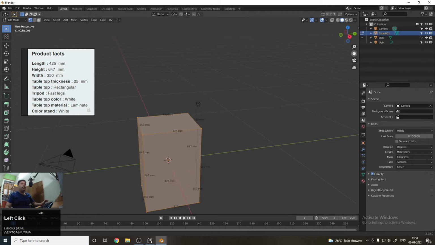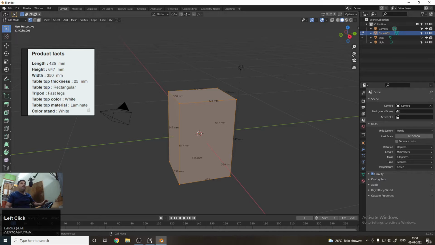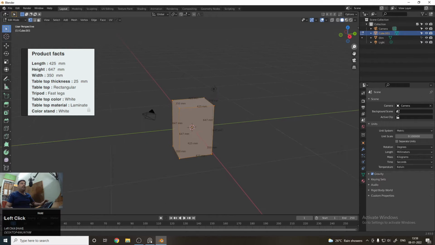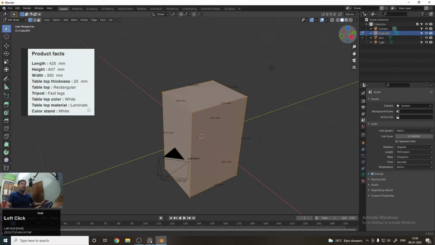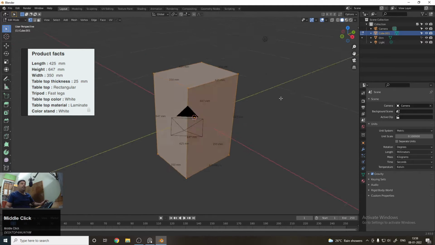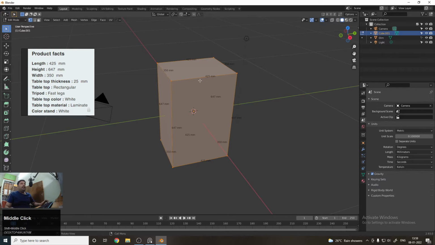If you want to pan, you can use this key. If you want to zoom, they have also provided the zoom key, and if you want to rotate, you can easily rotate from this symbol. So now I am going to tell you how to scale using the second method. First you need to click on the box, then go to edit mode with the help of the Tab key on the keyboard.